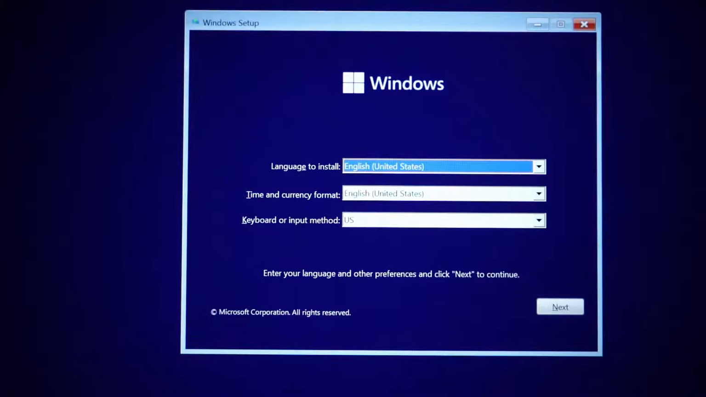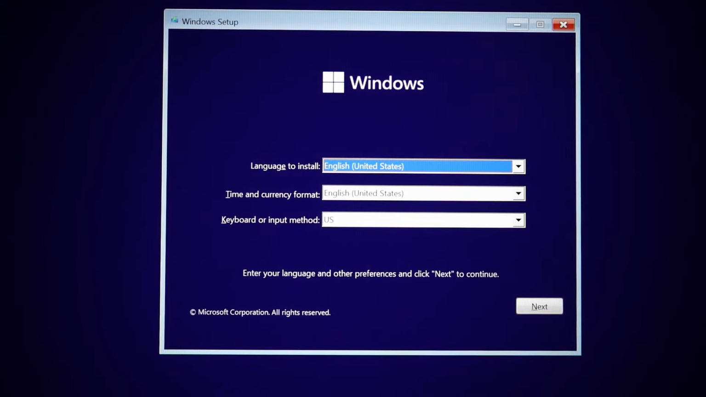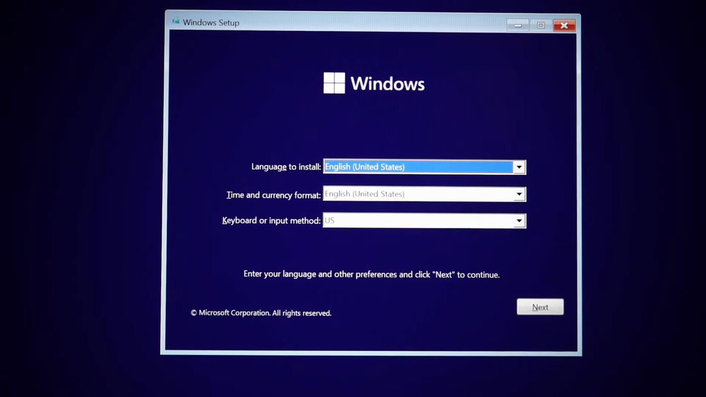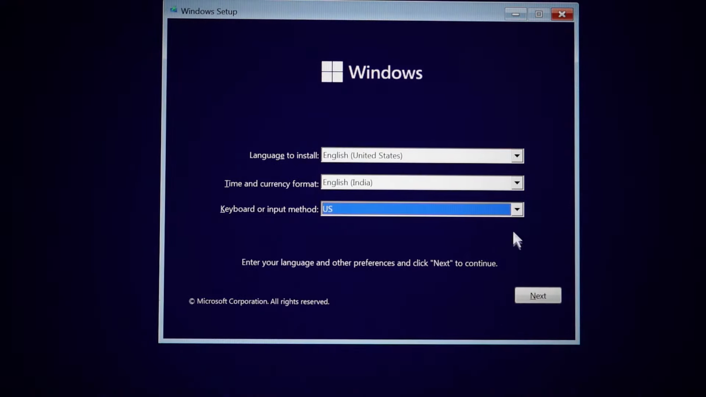Now it'll boot into the bootable USB drive and the Windows setup will continue. So this is the starting screen for the Windows setup. You need to choose the language that you want and the time and date format and the keyboard layout. So make sure you're choosing these options correct based on the location wherever you are in, and then proceed to